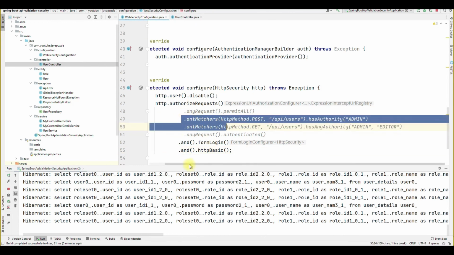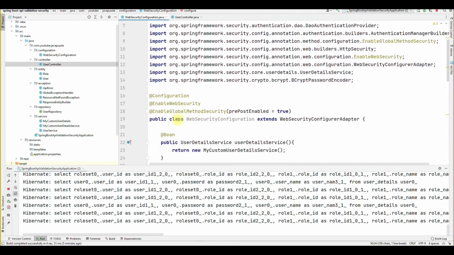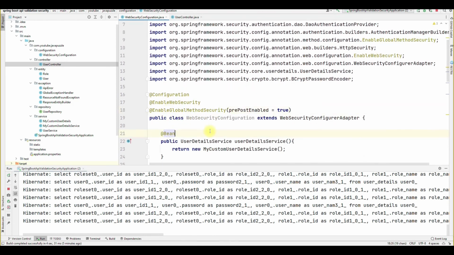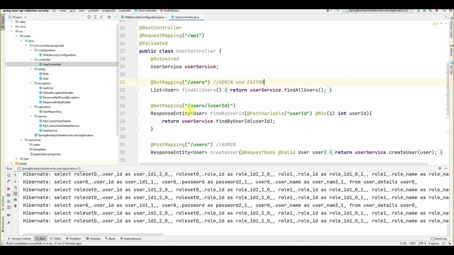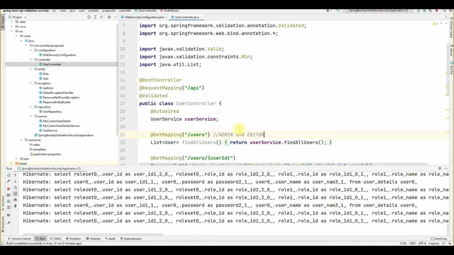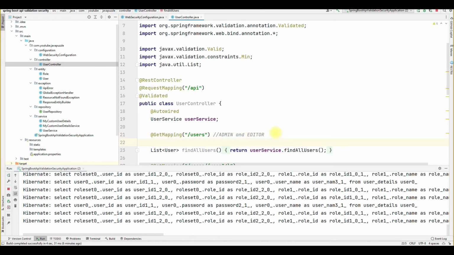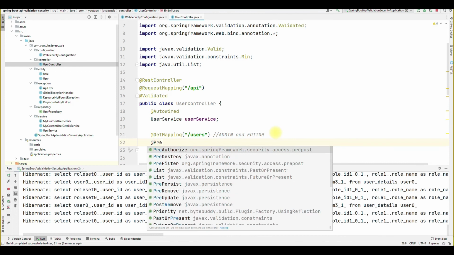But we will see another approach, which is enable global method security. When we enable this, we have one more annotation, PreAuthorize.